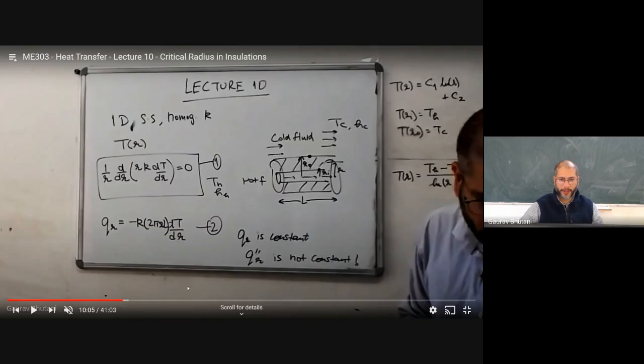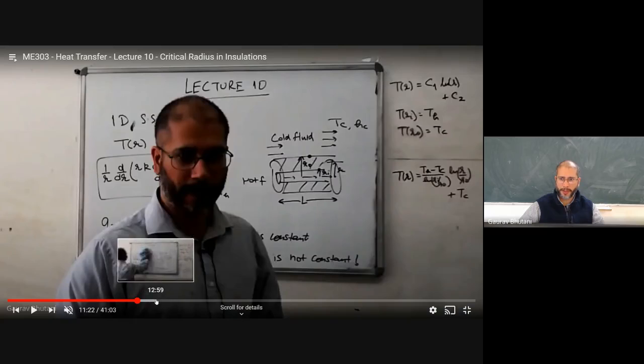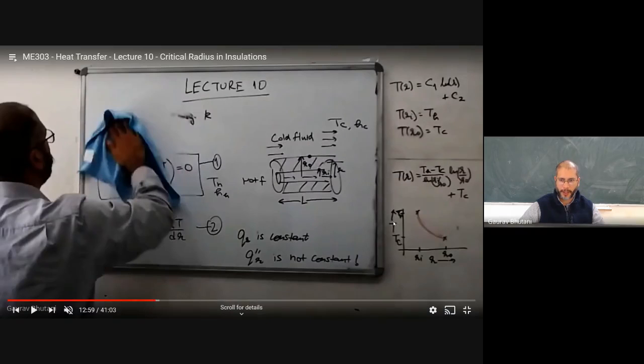That's a flux. Okay, so they cannot be used interchangeably in the cylindrical coordinate systems, because we have a term having an r in the surface area for cylindrical coordinates. Then we simply solved the system. We got a logarithmic solution that we plotted. So the temperature logarithmically drops from the hot inside temperature to the surface temperature of the cold fluid outside.